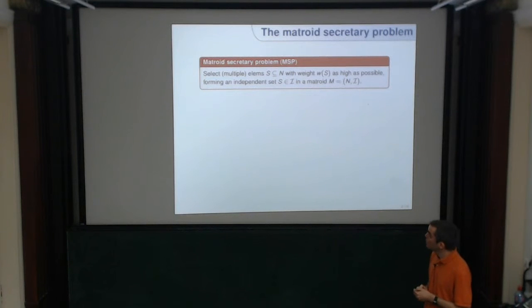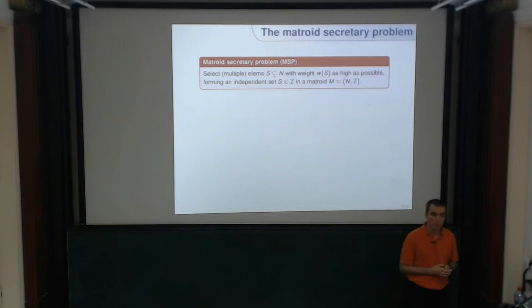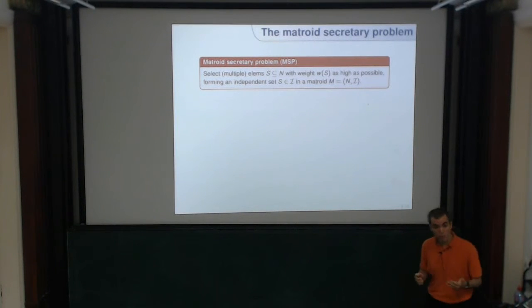So now I'm interested in the so-called matroid secretary problem. People got more interested in the problem later because the problem is very old, actually. It's a stopping time problem, right? You see weights being revealed, and you have to decide when to stop. And there's a random component, the random arrival order. Then people got interested in more general versions of that because there are connections to mechanism design.